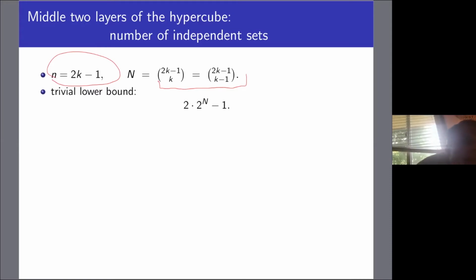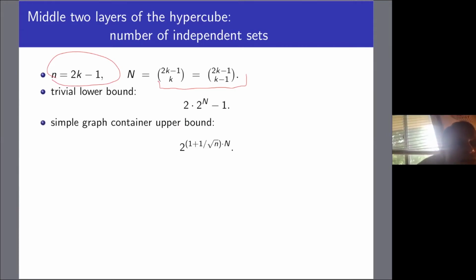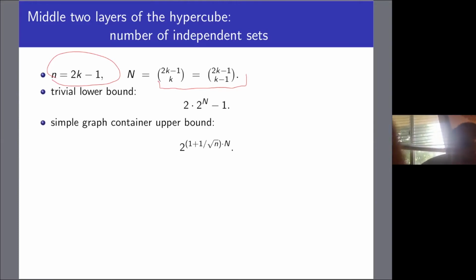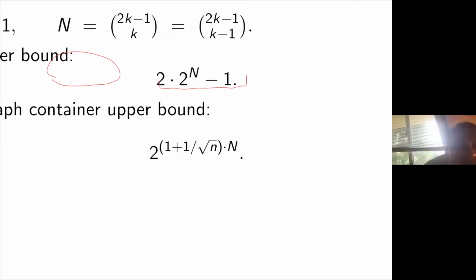And let's try to count the number of independent sets. So I follow the pattern that we had from the hypercube. I want to give a trivial lower bound, which comes from taking either a subset of the top layer or a subset of the bottom layer. And I try to give a reasonably easy upper bound. And the reasonably easy upper bound is coming just from the simple graph container method. And that's so simple that I can try to